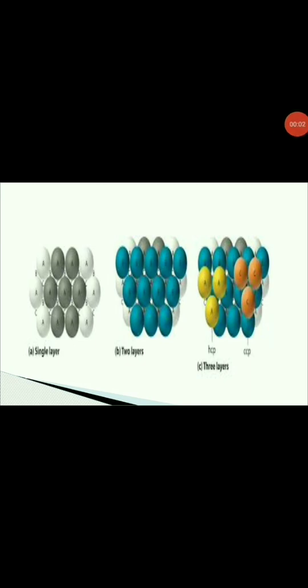Here let's see the third figure. Now there are 2 ways to build up the third layer. The first one is when a third layer is placed over the second layer in such a way that the spheres cover the tetrahedral void. So for every third layer or alternate layer, they are vertically aligned. Or you can say the third layer is directly above the first one and the fourth layer is above the second layer, and so on. So if the first layer is A, then the second layer will be B, and the arrangement is called AB-AB pattern or hexagonal close packing.